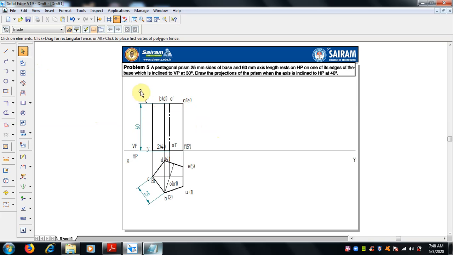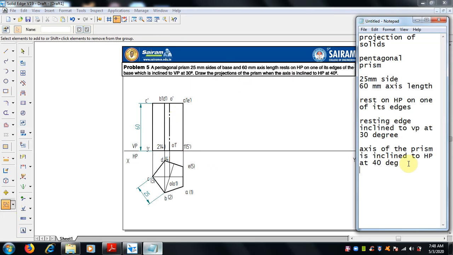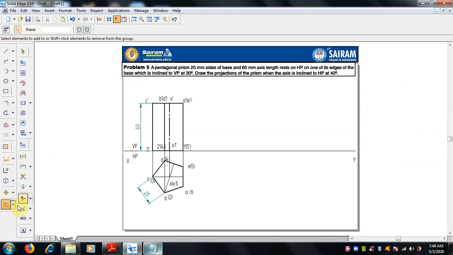Next we have to go for the second position. Select this, make a group of the front view, because for the second view the axis of the prism is inclined to HP at 40 degree.